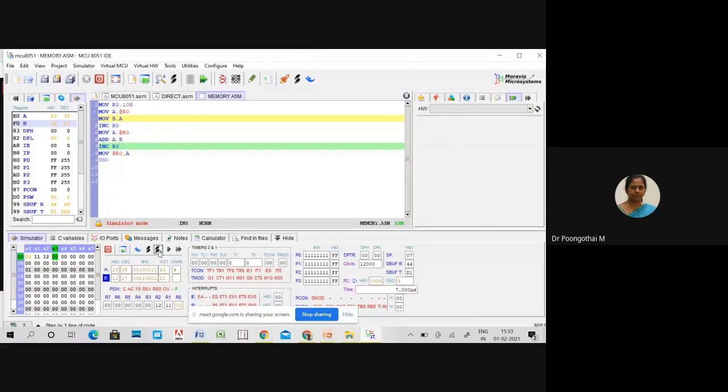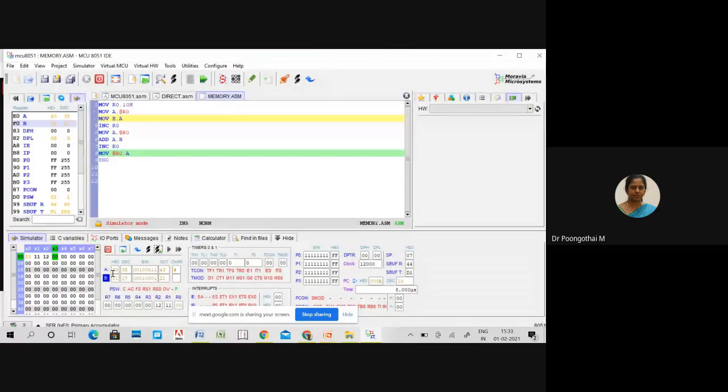So after adding these two, your accumulator holds 23. 11 plus 12 is 23, and the result will be stored at 03. So this method is called direct addressing method. So using direct address, we can initialize our input through the internal memory window.